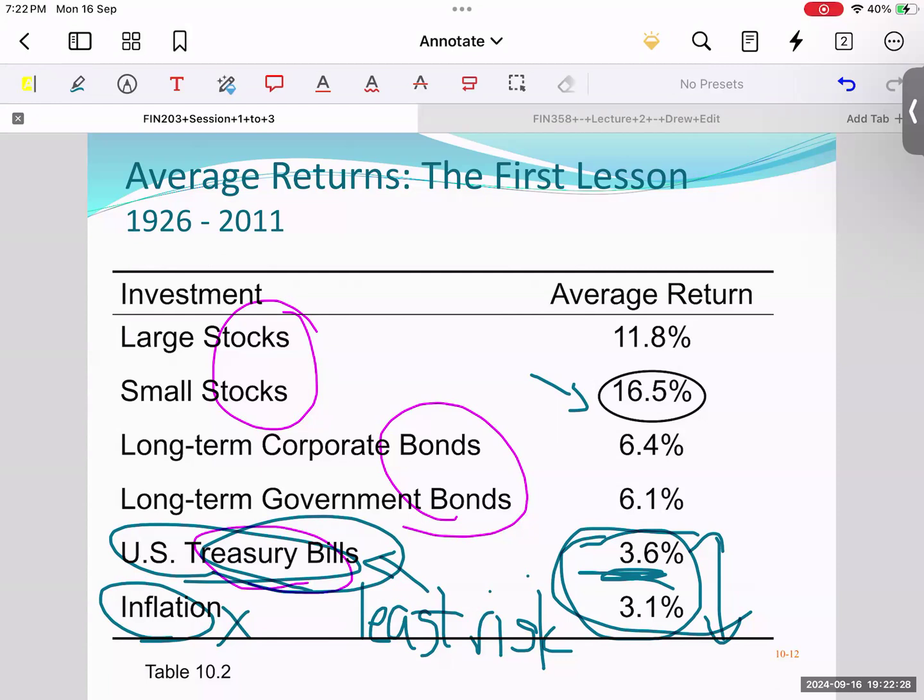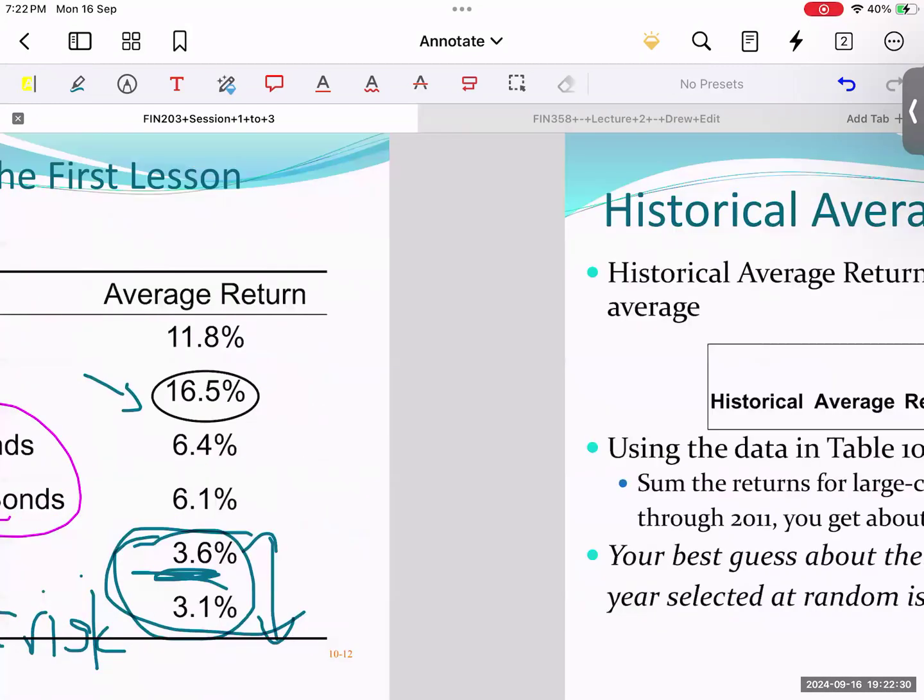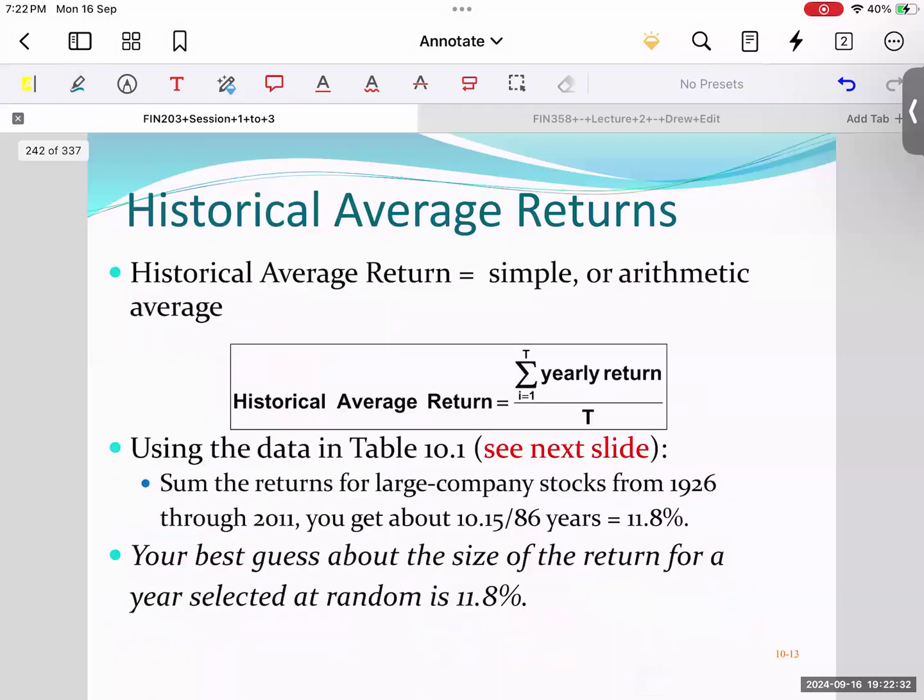So if we are given a return on the asset, or return on the stock, basically what you can do is, let's say you have 10 different returns, right? So for 10 years, every year you have one return. So that's 5%, 8%, 10%, right? You have 10 different returns. The simplest way to find the average return historically is just take the 10 returns,